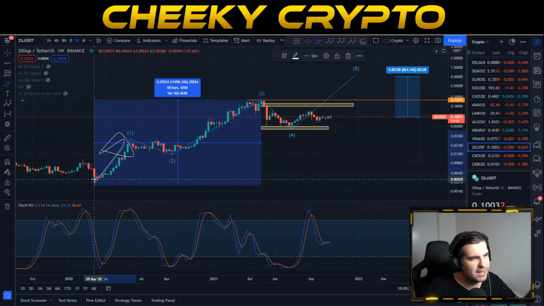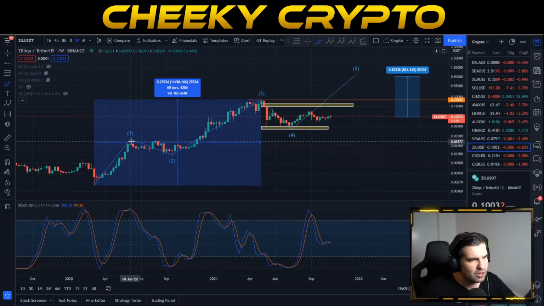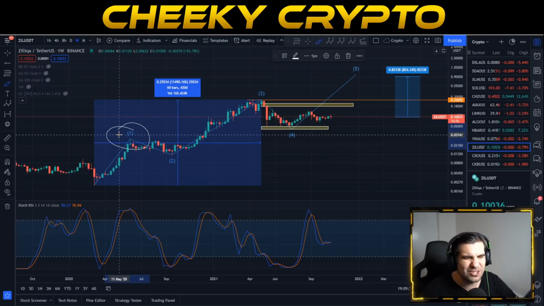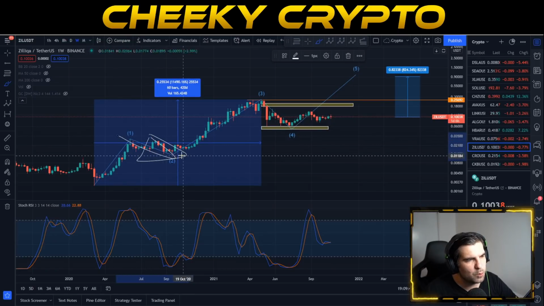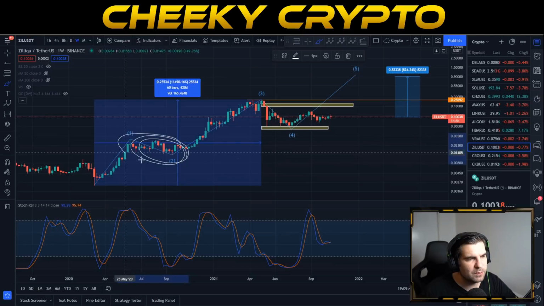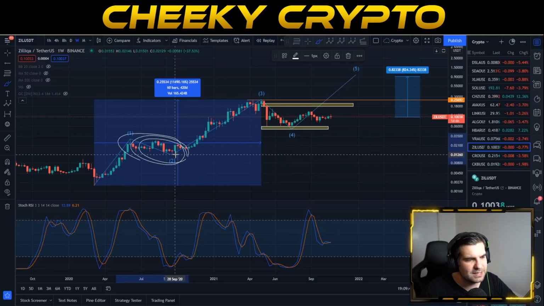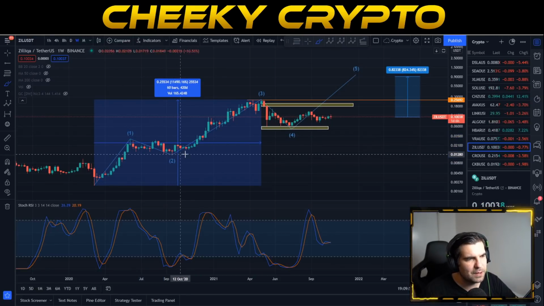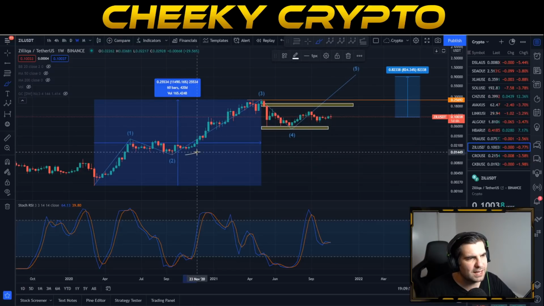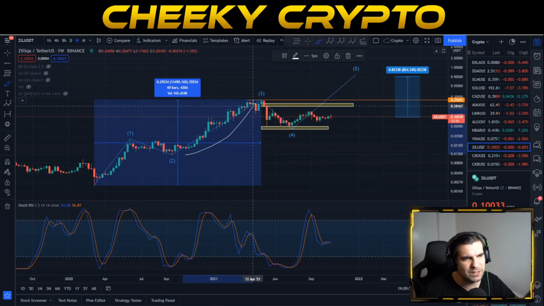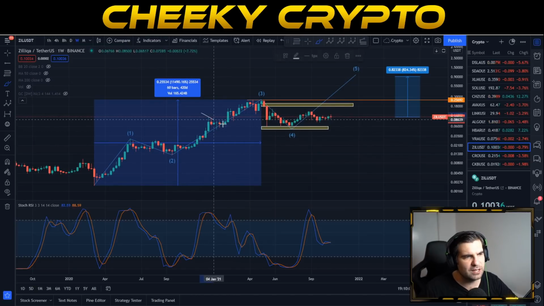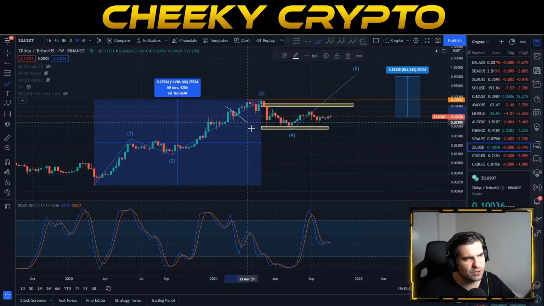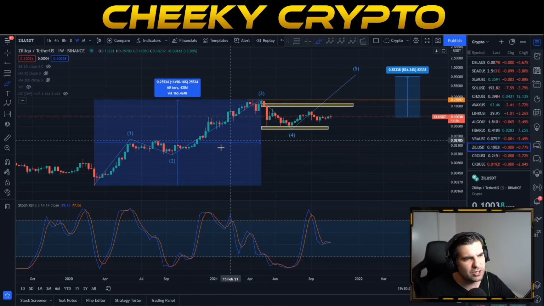Good traction was had pretty much from early March all the way through to around July, August time of 2020. We then started to see a slower sideways trade and pullback. This is pretty much in line with our second wave correction here, taking us down in late September, bottomed out, and then once we started to exit out of 2020 into 2021, we got a nice huge run to the upside. Again, nothing moves in straight lines, so you can see that there were definitely some downward trades going on here on that journey to the upside.